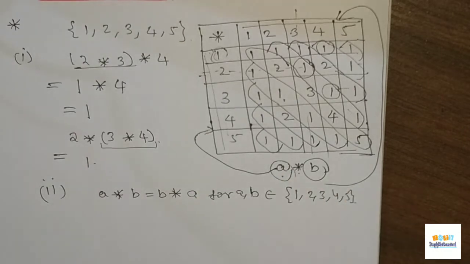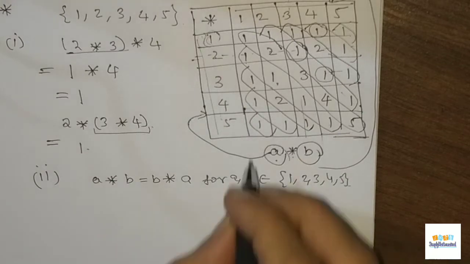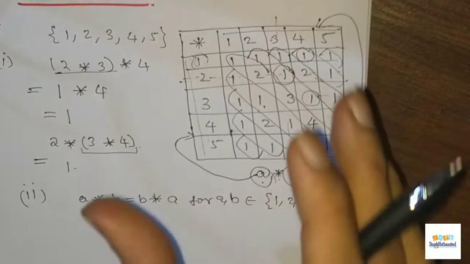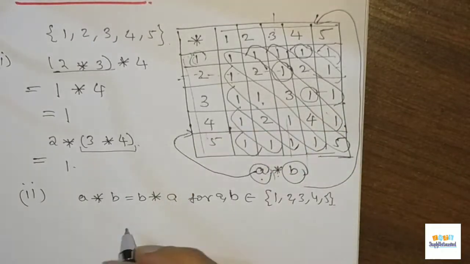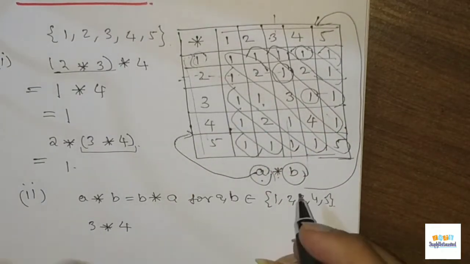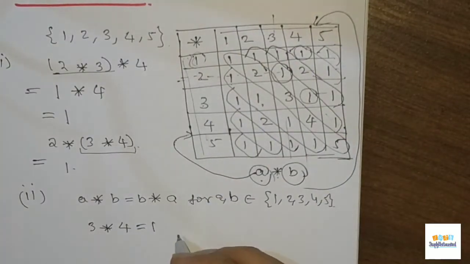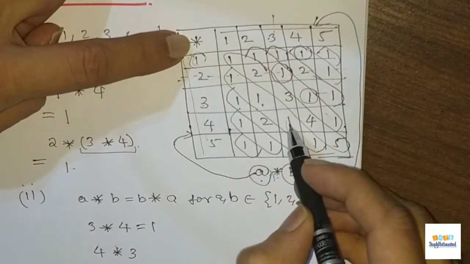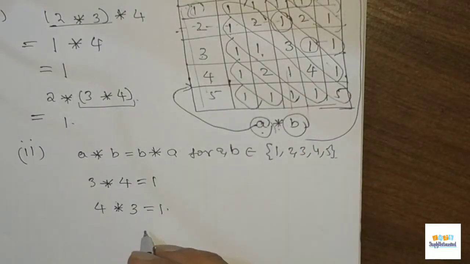The corresponding diagonal elements are equal, so you will have that a star b is equal to b star a. So this star will be commutative. Now let us take an example and check. We have checked that the diagonal elements are equal, so we can take any elements and check it. If you take 3 star 4, say, 3 star 4 will be what? It is 1, right? And what is 4 star 3? That is again 1. So you see that any element you take, you will get the star operation as commutative.